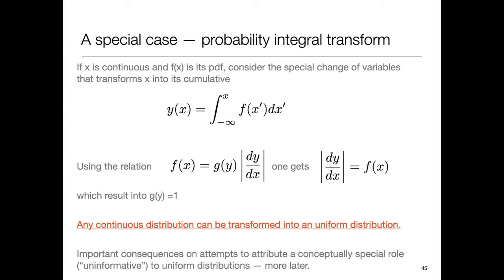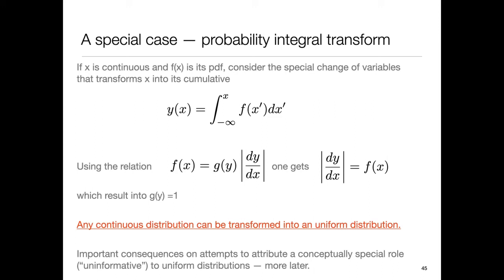Okay? And you might wonder, why is that important? It is important to convey the message that any continuous distribution can be transformed into a uniform distribution by just a change of metric. And so this has important consequences later on when we will talk about inference, because in some cases, especially of Bayesian inference, people tend to give a special role to uniform distributions, in a sense that they are thought to be